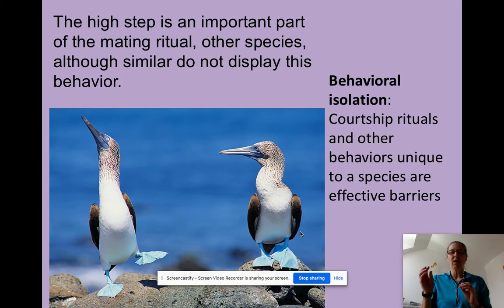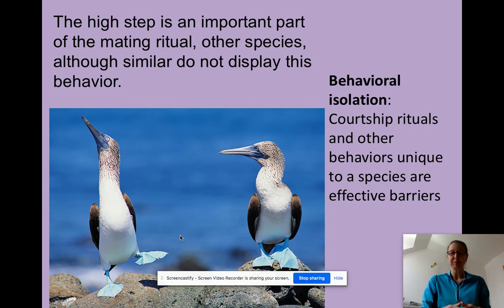And that whole dance, I really like this one, of the blue-footed booby dance, is required for birds to be able to pair. And if they don't, they're not going to pair with, say, the yellow-footed boobies because they do not do the same dance, don't have the same high step and other things. And so you don't see a mixing of gametes